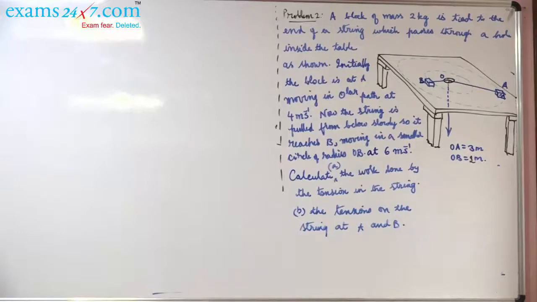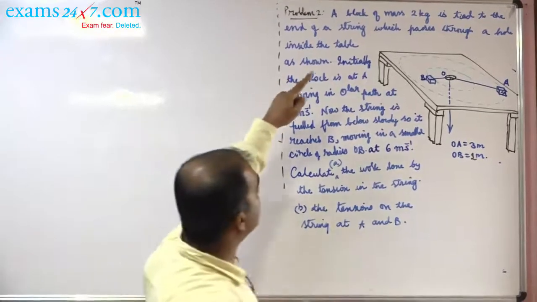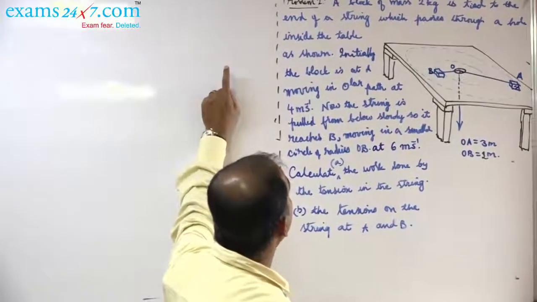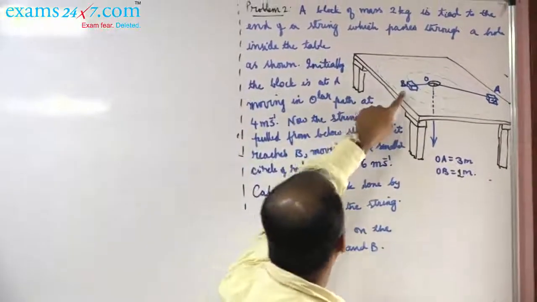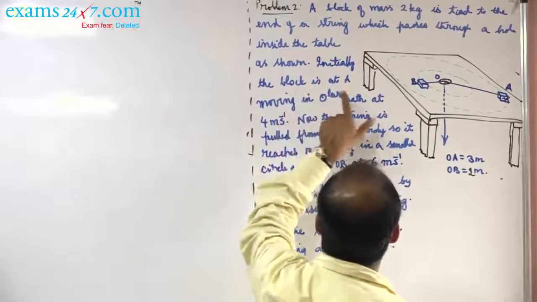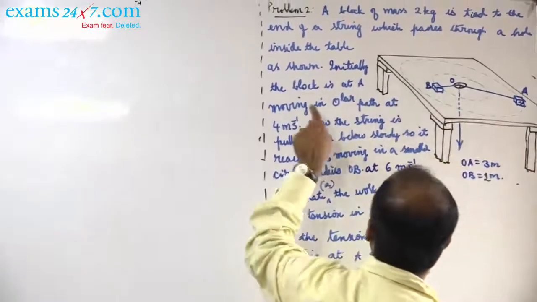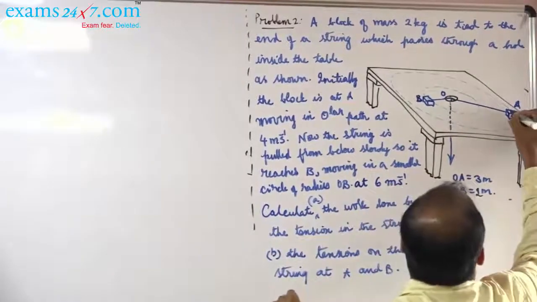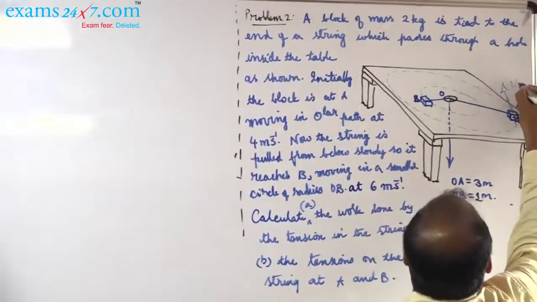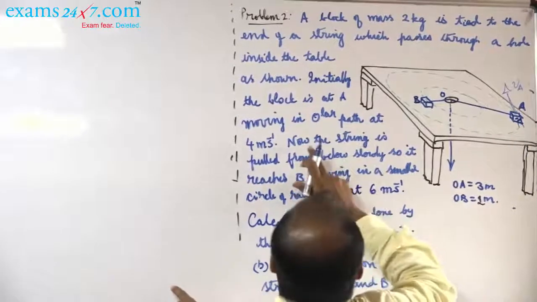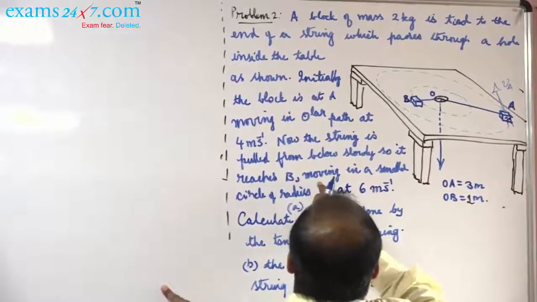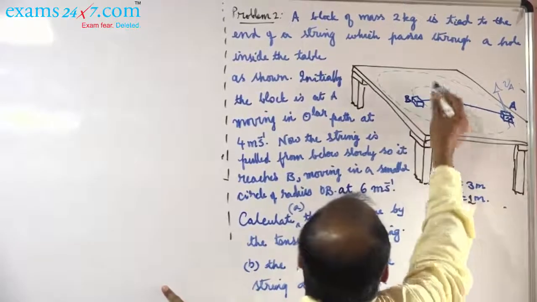We will now take up problem number 2, which says a block of mass 2 kilos is tied to the end of a string which passes through a hole inside the table as shown. Initially the block is at A, moving in a circular path at 4 meter per second. Here it is moving at 4 meter per second, VA. Now the string is pulled from below so that it reaches the point B, moving in a smaller circle